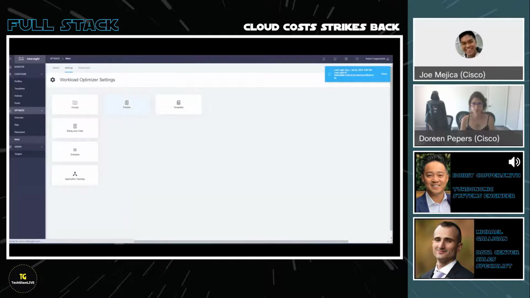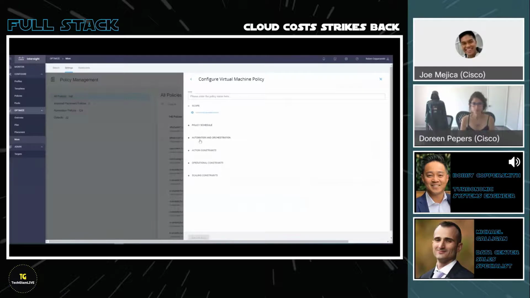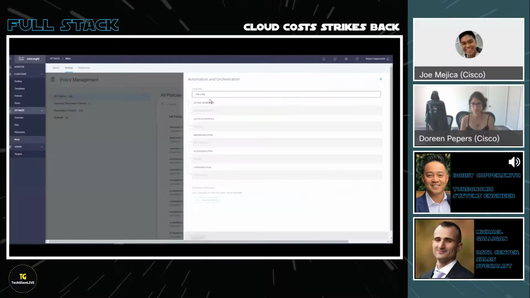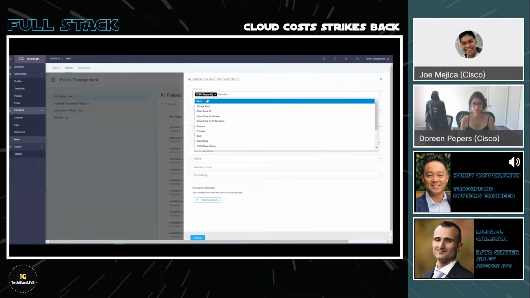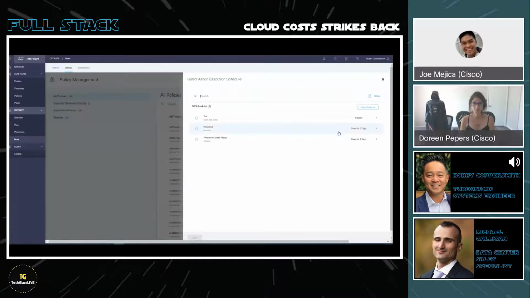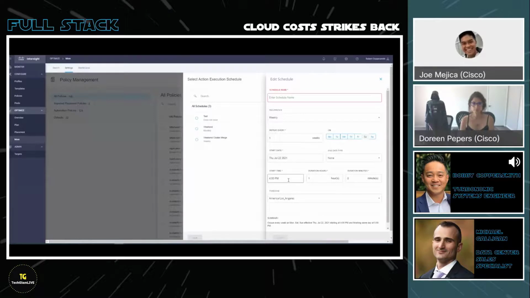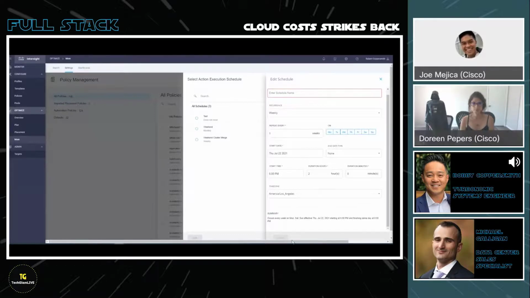So if I just go back to the policies and pull up that execution schedule again, the cool thing about IWO is that you can actually split out that acceptance from the execution. That way, throughout the week, if you wanted to, you could queue up whatever it is you want to get executed. And then rather than having to go in here on the weekend and do it yourself, you could just build a schedule and say, hey, IWO, I'm going to queue up a bunch of the recommendations you've given me, and I would like you to always execute anything I have queued up on a weekly basis on Saturday between the hours of 6 p.m. and 8 p.m. And if I put this execution schedule in place,